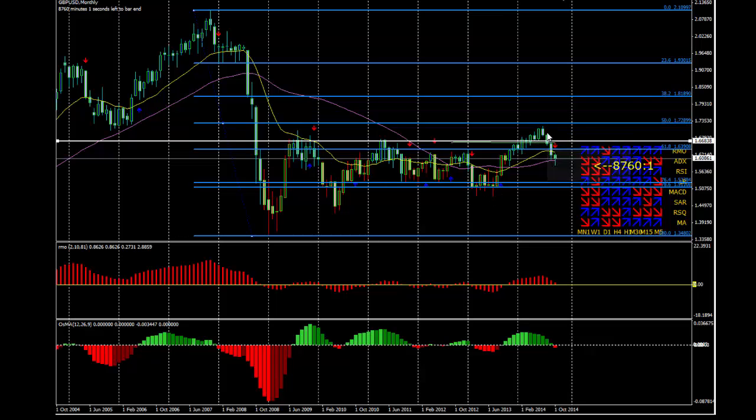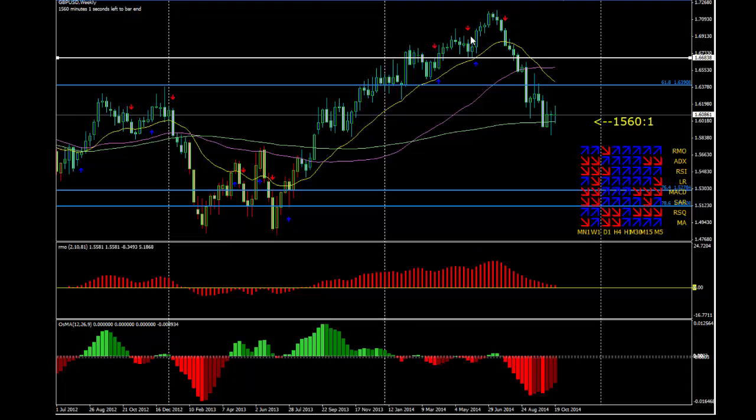We saw a major pullback over a number of months, and that took us back below the institution moving average, and subsequently since then we've seen further falls to the downside. So now when I drop down to the weekly time frame, you can see we had a nice bullish trend to the upside. Noticeably, swing high, swing high, swing high, making highs all the time and not making new lows. However, that pretty much came unstuck here at the white horizontal line,